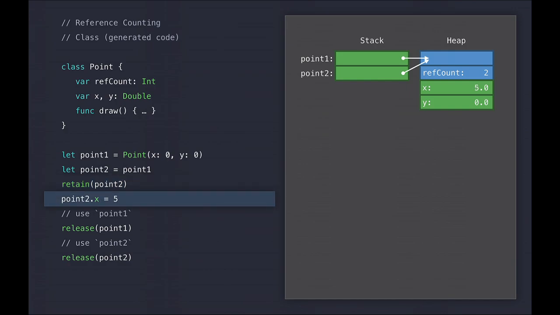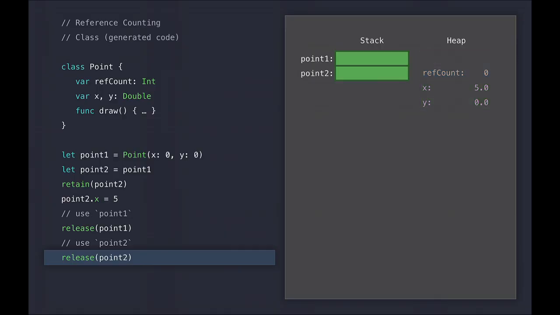As we keep executing, once we've finished using point 1, Swift has added a call to atomically decrement the reference count because point 1 is no longer really a living reference as far as it's concerned. Similarly, once we're done using point 2, Swift has added another atomic decrement of the reference count. At this point, there's no more references that are making use of our point instance, and so Swift knows it's safe to lock the heap and return that block of memory to it.